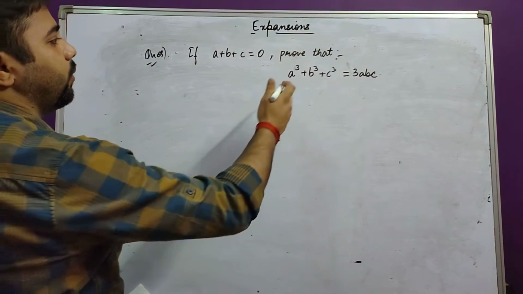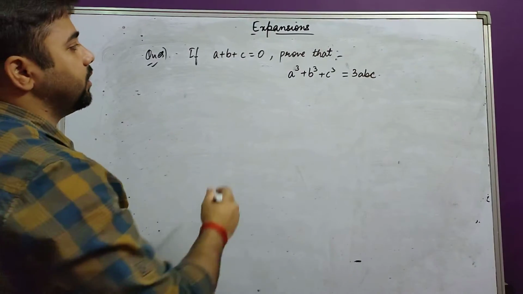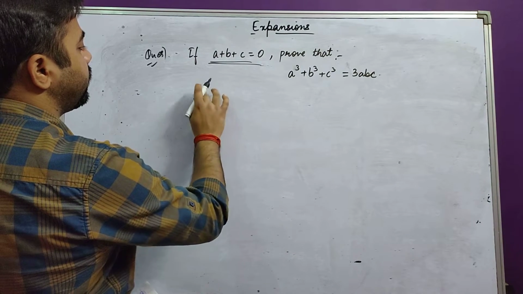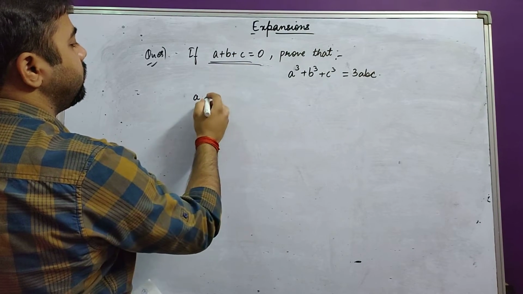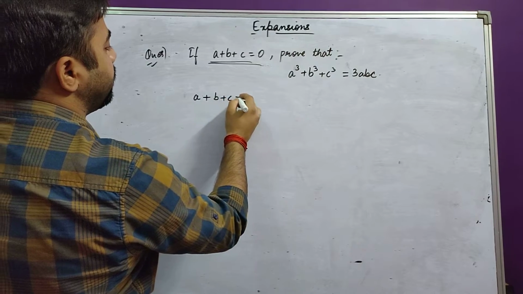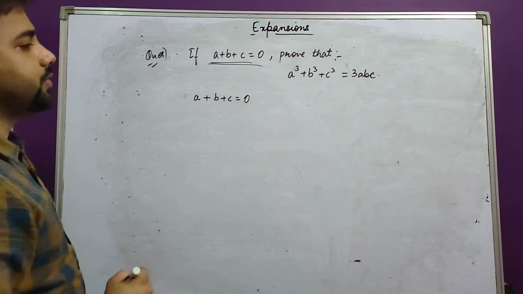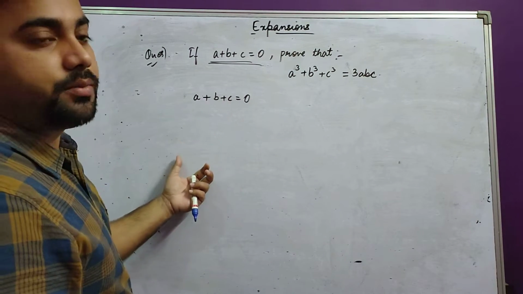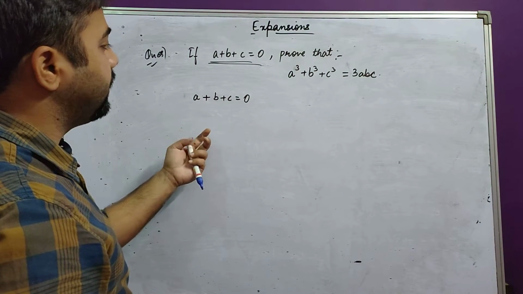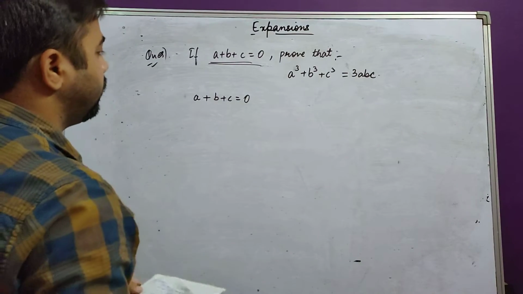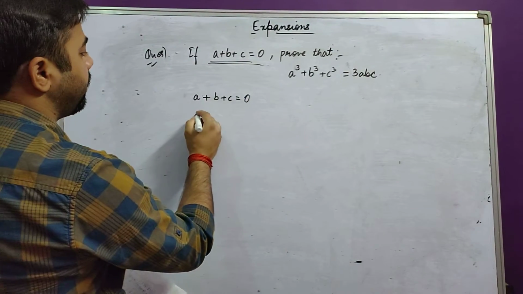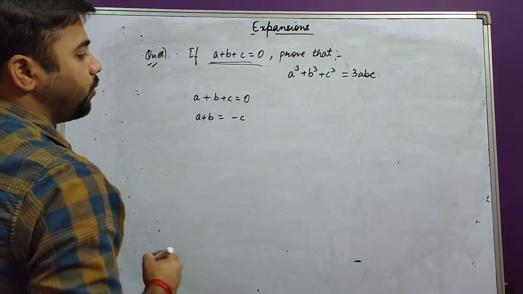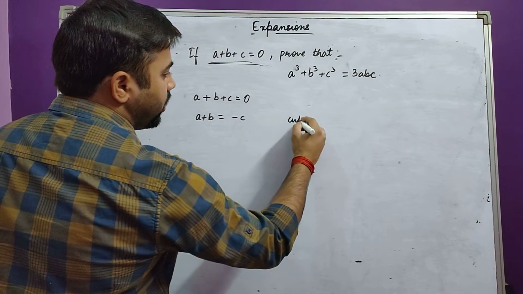Let us see. We have to just cube out the numbers. We have to use this thing over here. Let us see how we are going to do it. Just write down the condition that is given over here, that is a plus b plus c is equal to 0. We are going to take any two terms on the left hand side and the third term on the other side. It becomes a plus b is equal to minus c. Now what we are going to do, we are going to cube